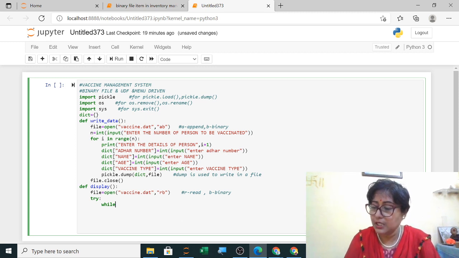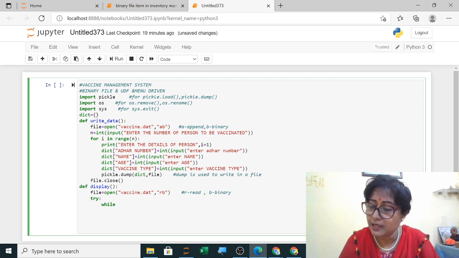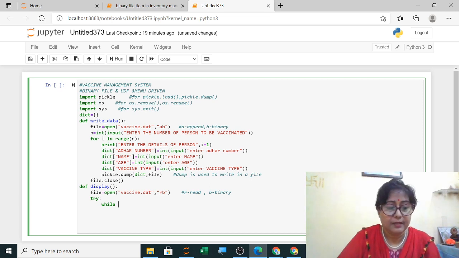In try, I am just displaying the data. So I will load the file and display it. Here the file name is your file and items. So I am loading the file, while true.